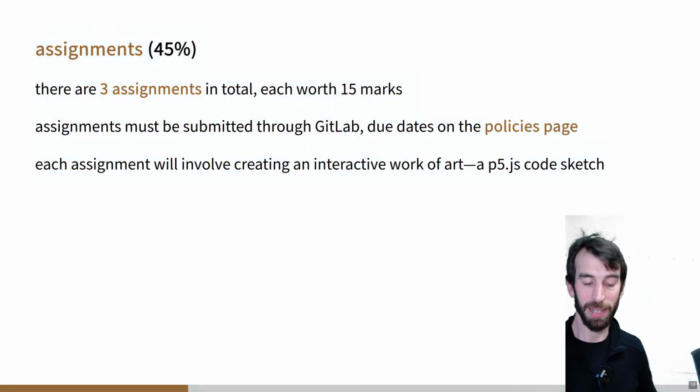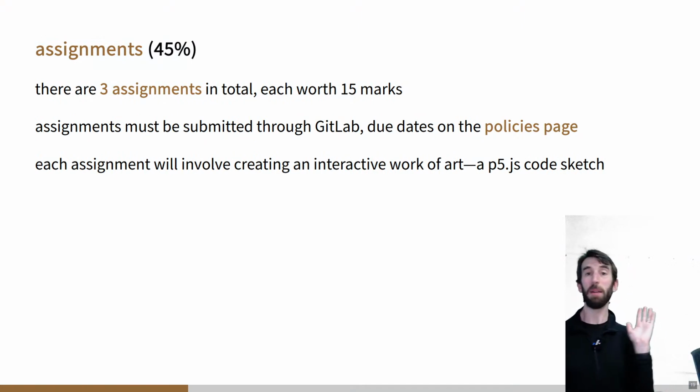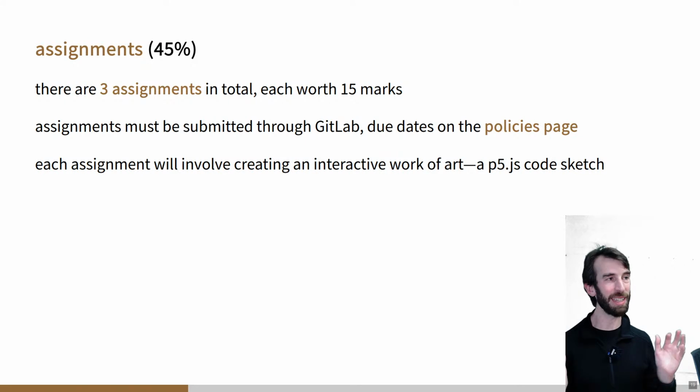Assignments, next big thing. I told you this course was mainly about making. All of the assignments are actually in some way the same: make a work of art with the systems that we present you with in this course. There are 3 assignments. Each one is worth 15% of the final grade, 15 marks. And they do escalate in difficulty. The first one is just to make a static artwork, draw something in P5 with some specifications. The second one is an interactive artwork. And the third one is an interactive artwork that will have a kind of arc or a story behind it to bring the viewer through an idea.